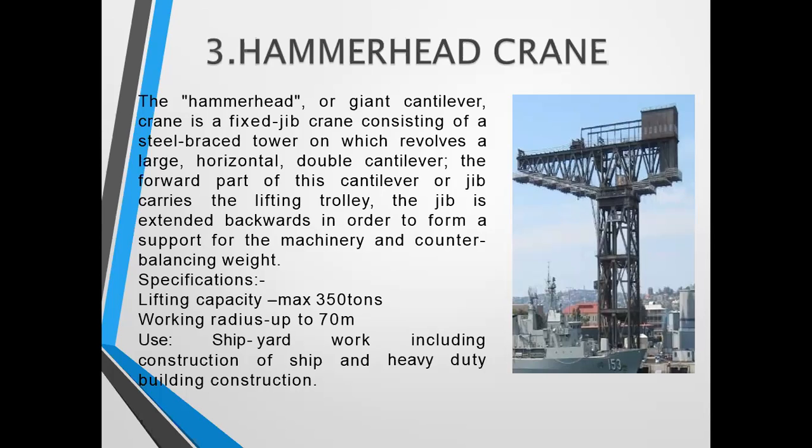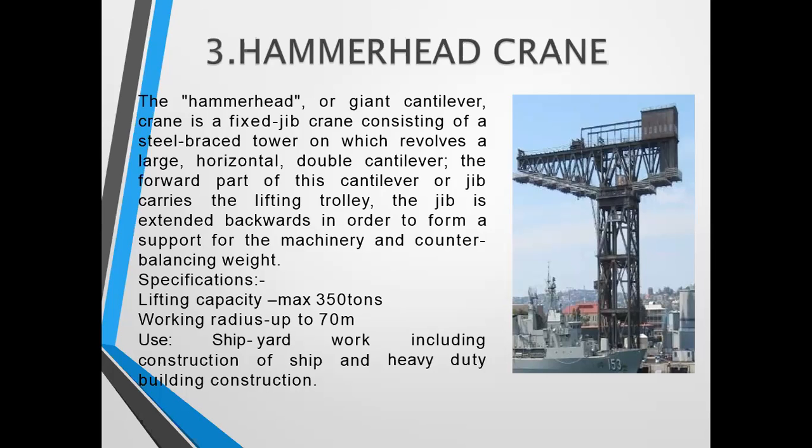These cranes are generally constructed in large sizes up to 350 tons, and the design of the hammer crane evolved first in Germany around the turn of the 19th century and was adopted and developed for use in British shipyards to support the battleship construction program from 1904 to 1914. The ability of the hammer crane to lift heavy weight was useful for installing large pieces of battleships such as armor plate and gun barrels. The working radius is up to 70 meter, right? And the maximum lifting capacity is 350 tons.